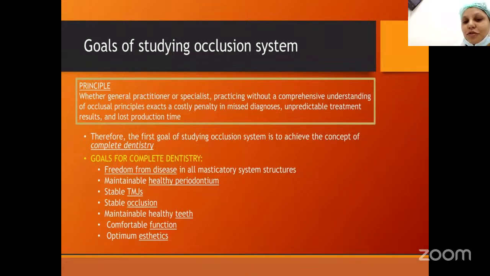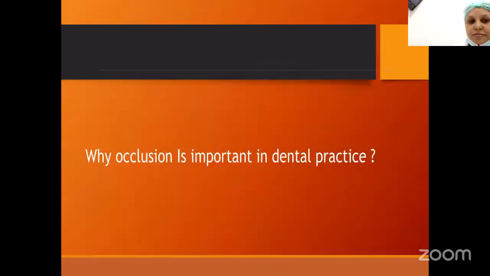Therefore, the first goal of studying the occlusal system is to achieve the concept of complete dentistry. Complete dentistry means giving a patient freedom from disease in all the masticatory system structures, where we can maintain a healthy periodontium, stable TMJs, stable occlusion, maintainable healthy teeth, comfortable function, and optimum aesthetics. This is what we are going to practice. Hence, why occlusion plays an important role in dental practice is